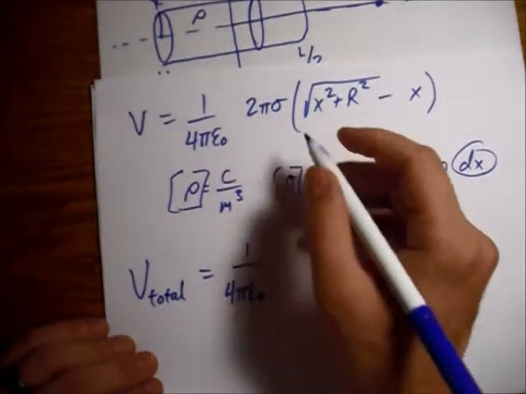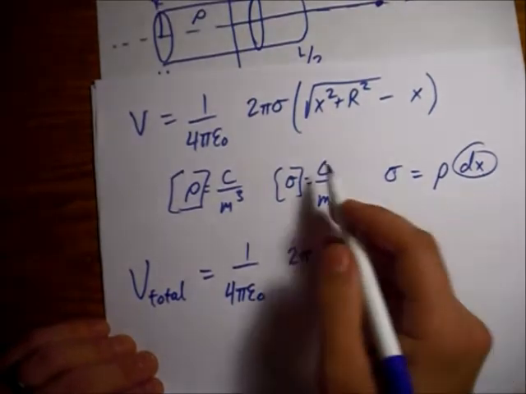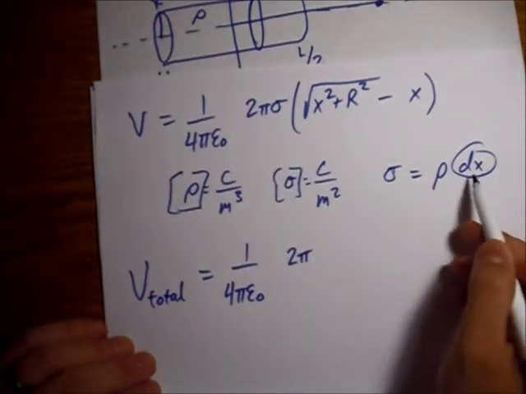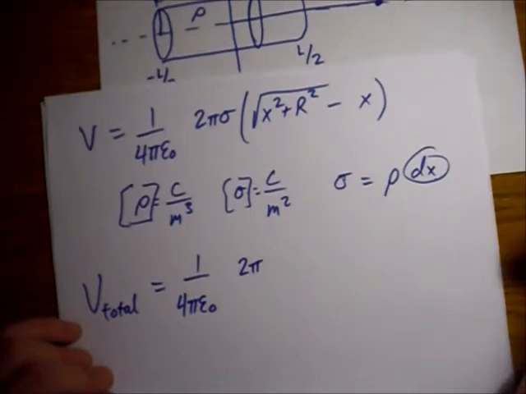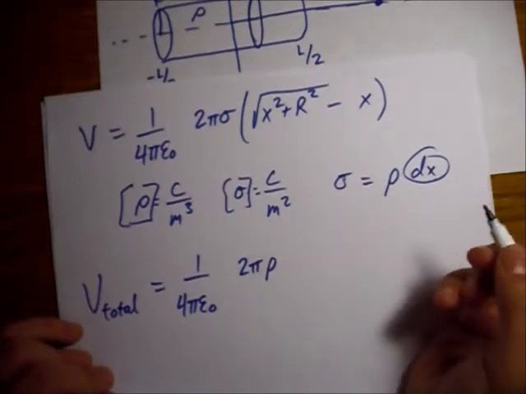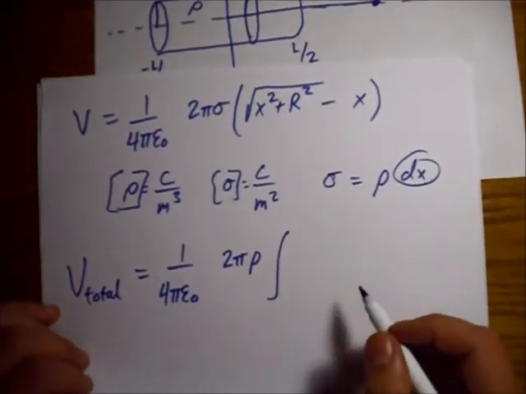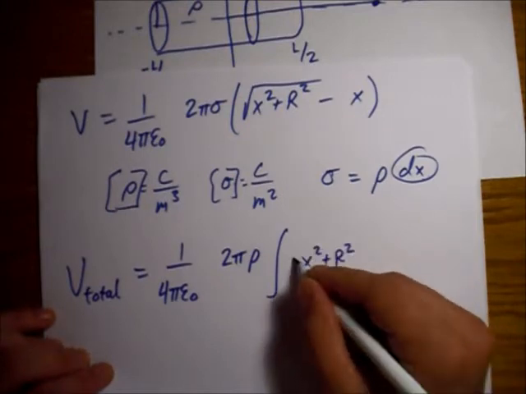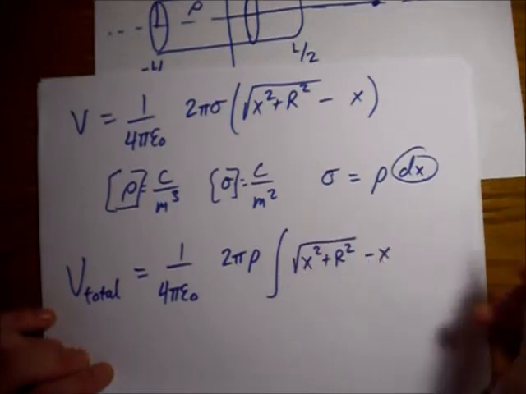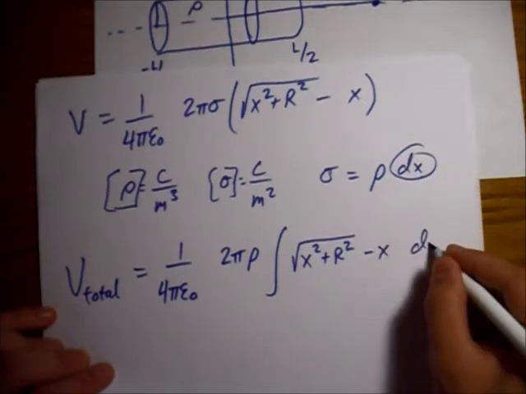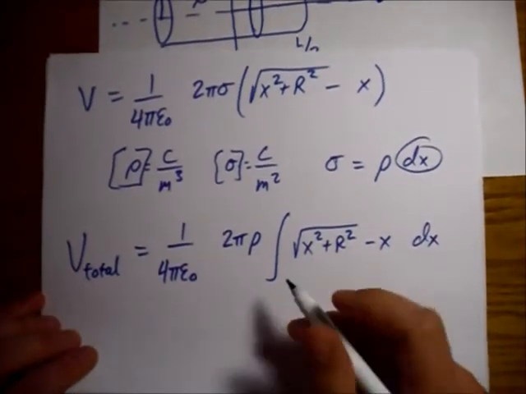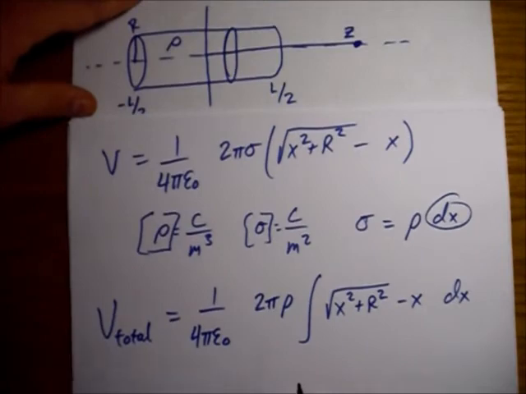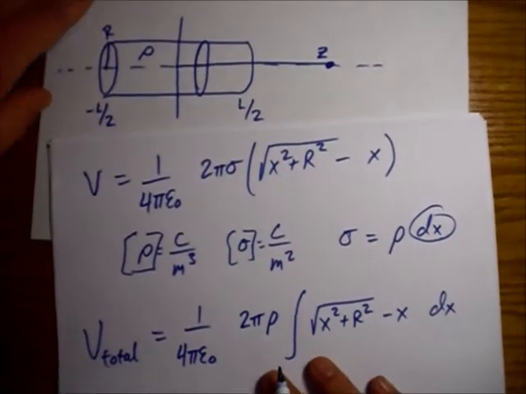So we have our 2 pi, and then we have our sigma, which we're going to put in as a rho dx. We'll put the dx at the end, so we'll just have our rho right here. We'll be integrating. We have the square root of x squared plus r squared, minus x, and now we put in our dx. Our limits of integration,